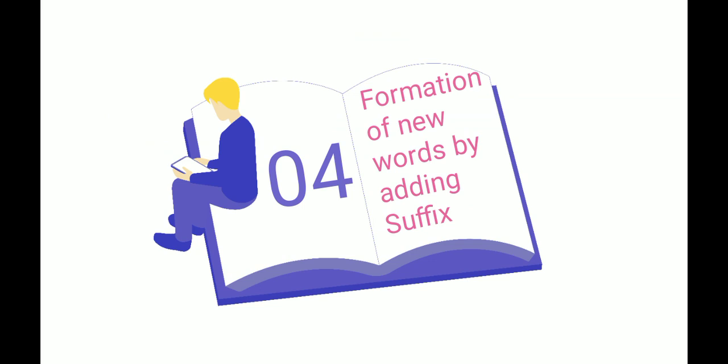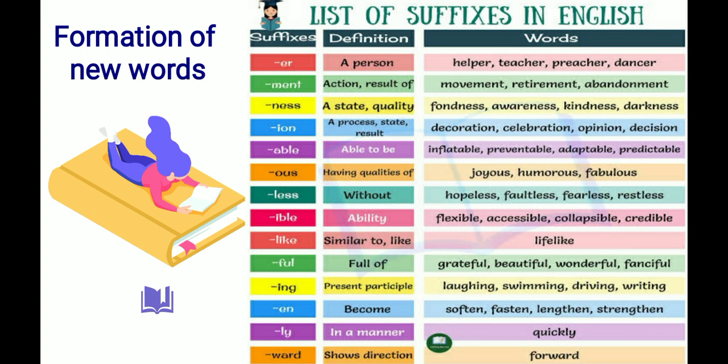Now we will see how we form new words by adding a suffix. Here is a list of suffixes in English with their meaning or definition and also the new word. See, if we add suffix er, that means we define a person. We are denoting a person. With help, at the end of the word help, I have added the suffix er. And the new word becomes helper. Helper is a person. Just like this, teach plus er,